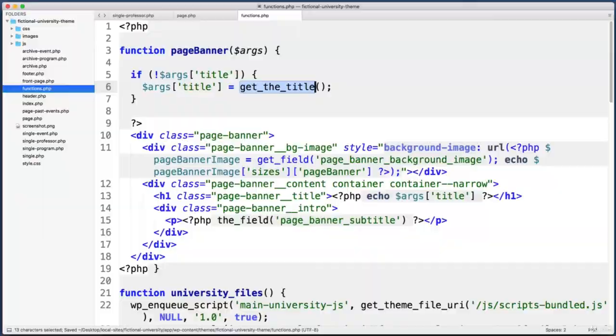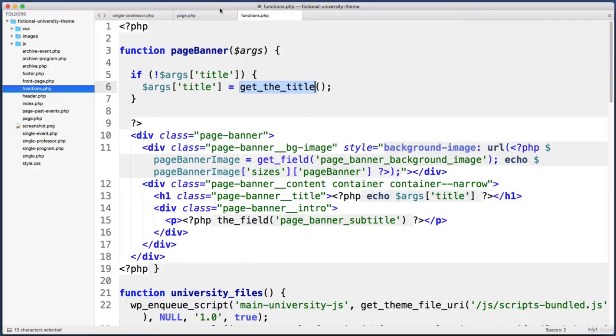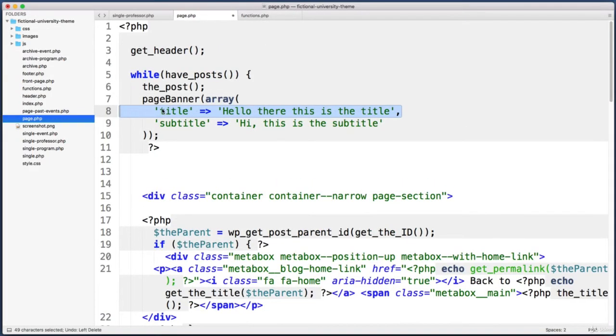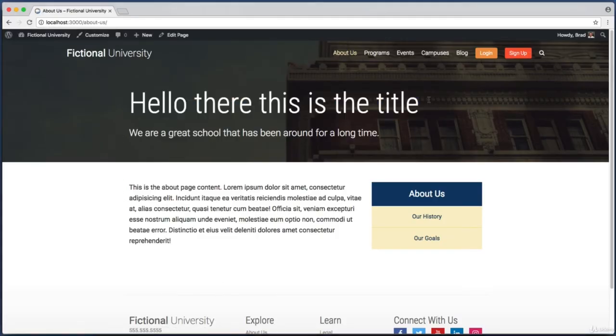Let's save that. And now if we jump back, cool, we see About Us on the About Us page. But if we go into page.php and add title back in, we see that custom argument value. Cool. Now let's set up similar fallback or default behavior for the subtitle and the background photo. Let's begin with the subtitle. So back in